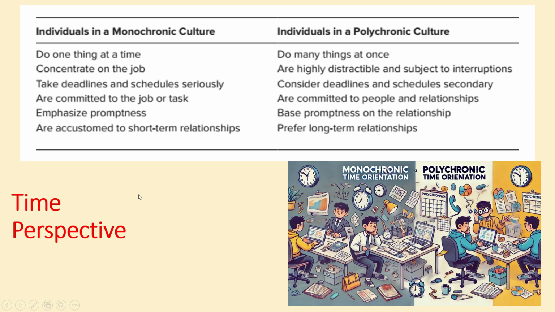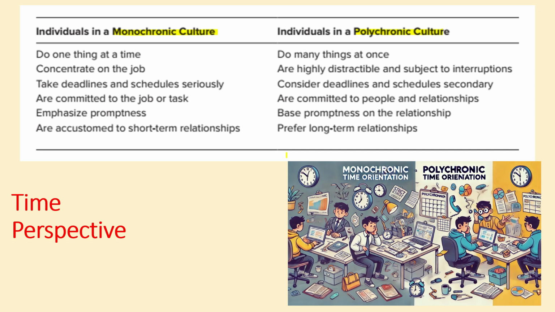An important part of non-verbal communication is time. The meaning of time varies between cultures. The first major way it varies is the time perspective, that is the culture's overall orientation towards time. First is the monochronic culture and second is the polychronic culture. In monochronic cultures, time is seen almost as a physical object. We can schedule it, we can waste it, we can lose it. So a person who does one thing at a time has a strong orientation towards the present and a short-term future. This is called a monochronic time culture.